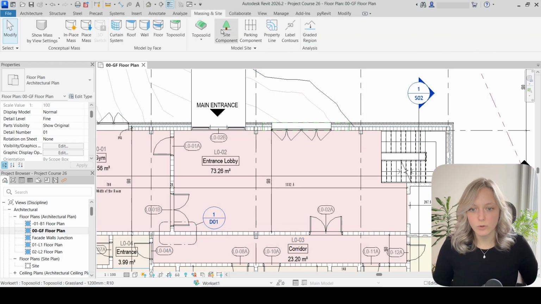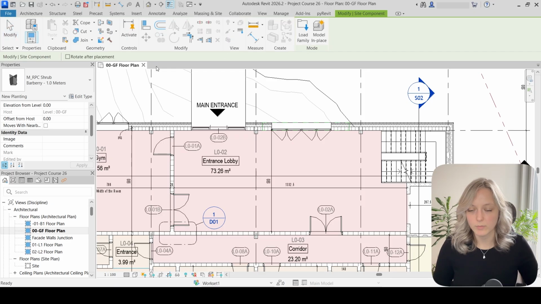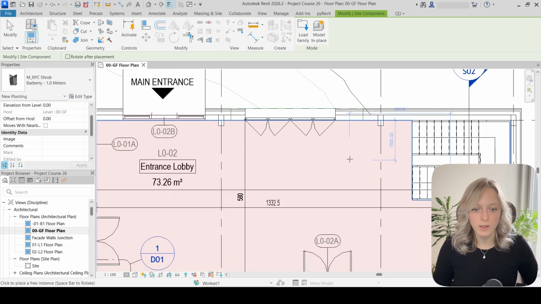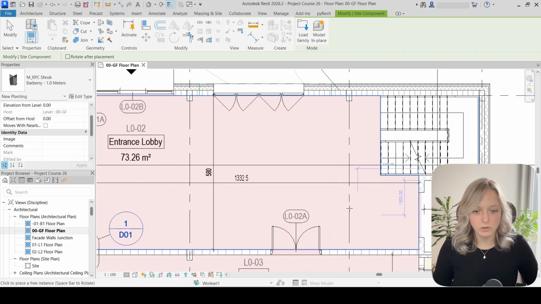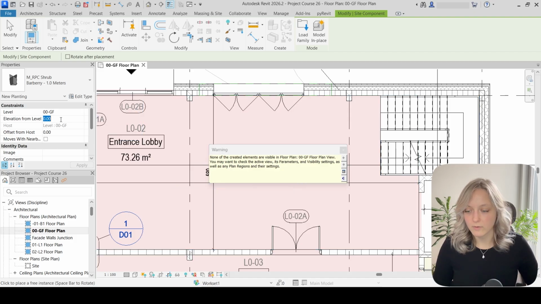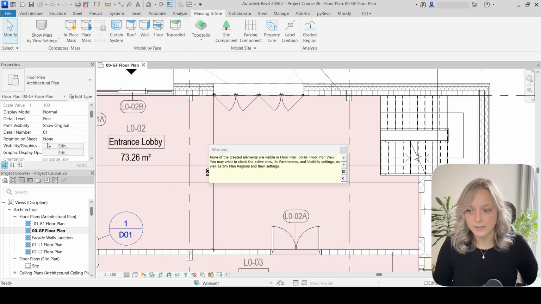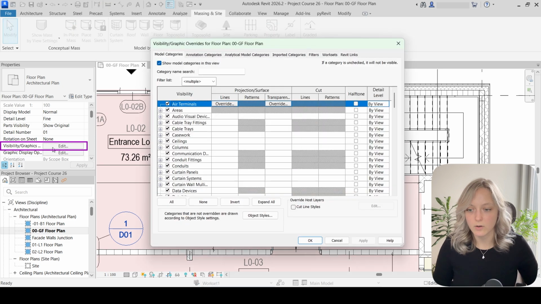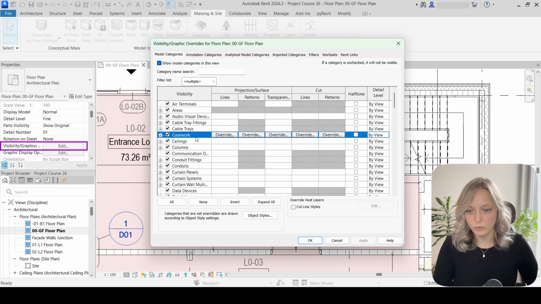Let's say I want to add some bush or some other planting inside my building, and I go to the massing and site planting tool and I place some plant, for example here, and I get this error again. And now that I know that my view range is okay because I see it's on elevation level 0, the next thing I check is my visibility graphics option. I go to the planting